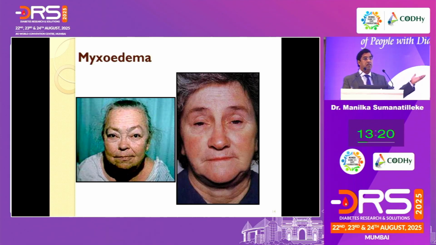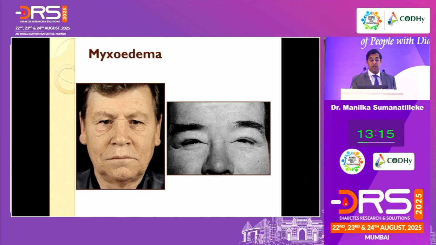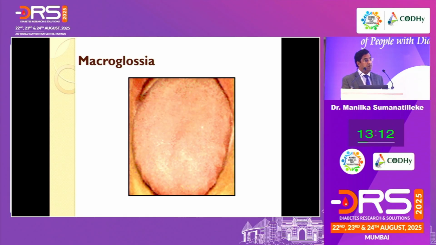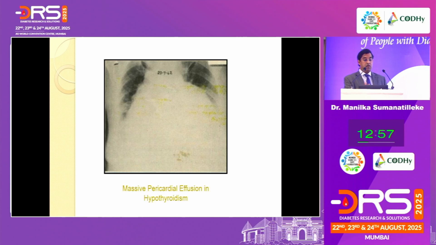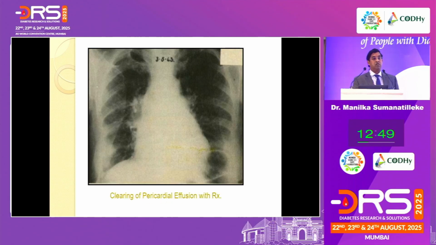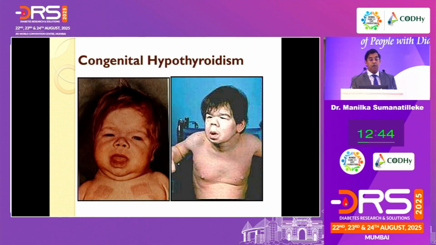Please don't miss a lady like this, with severe hypothyroidism, what you call mixed edematous, soft tissue swelling, carotenemic. You won't miss a person like this, or a macroglossia occasionally that you might see. Even telltale signs like this, xanthomata, severe xanthelasma associated with hypercholesterolemia could be a thyroid problem. Pericardial effusion, these are all very rare, less than 1%. This is a severe pericardial effusion, which resolved with 1 month of treatment with thyroxine. So these are all rare presentations.